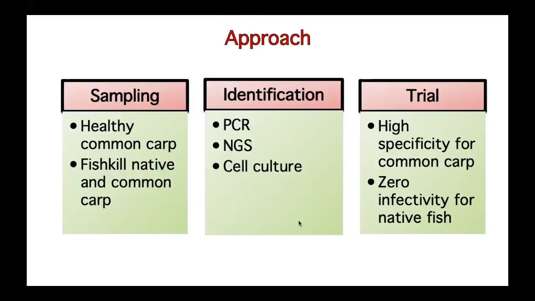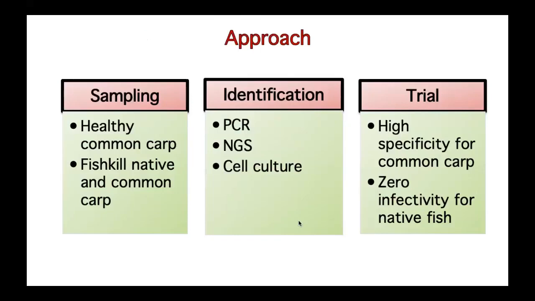Thinking about that sampling strategy, we used a couple different ways to identify these pathogens. We used polymerase chain reaction, which is useful if you're looking for something specific. So if you have a panel of bacteria or viruses that you're interested in, you can use that to amplify their DNA out of a sample and see if they're there. NGS is more of a catch-all in this situation, where you can use it for viral discovery, for things even if you don't know they're there. So it's more of a broad net.